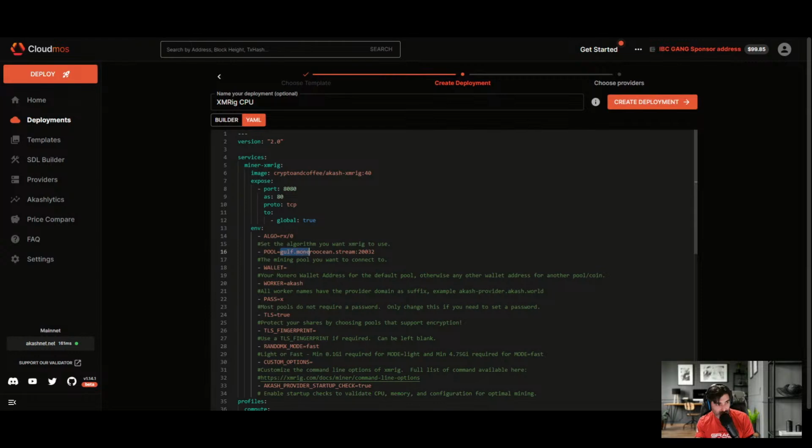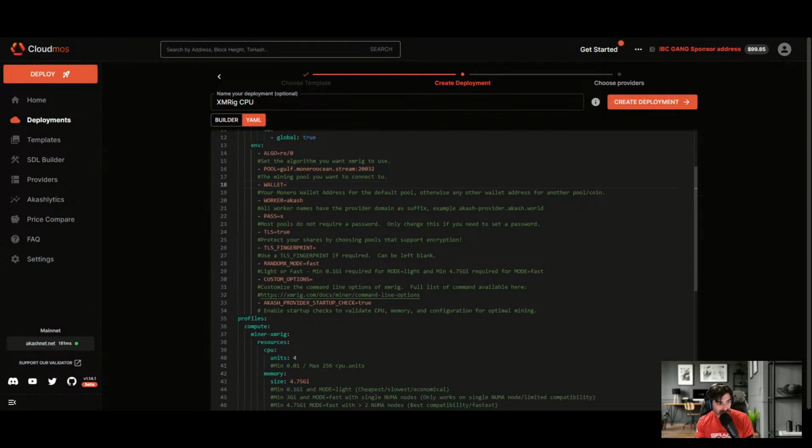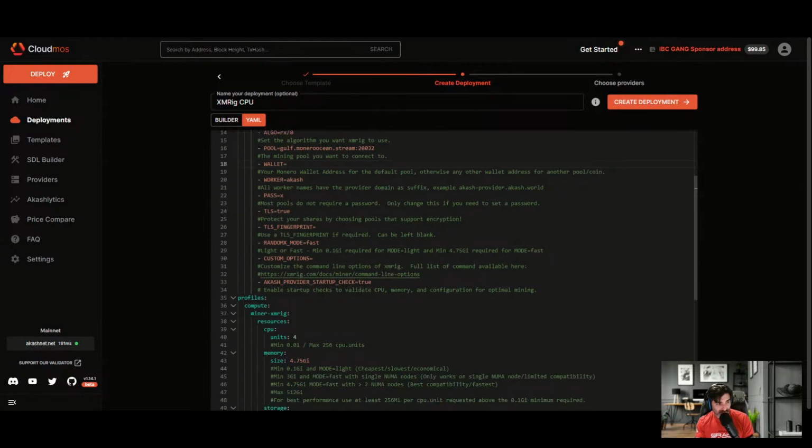And you see this equals, go from the equals, pick your pool of choice that you want to get it from. You can get all this information from the Zephyr protocol website and all this other stuff. You get your pool of choice, stick it in there, take your wallet, stick it in there, line number 18. So line 16, line 18, and then real easy, you can change line 40 to be as many of course,